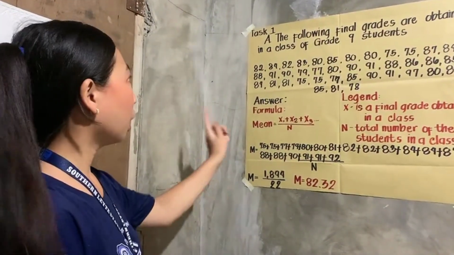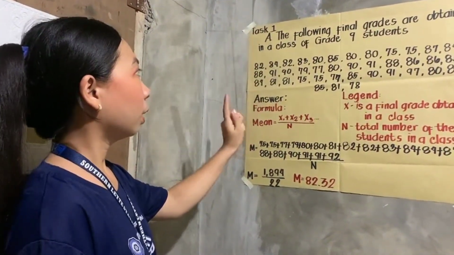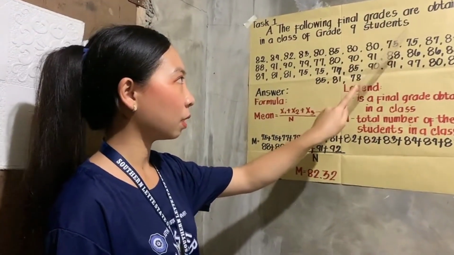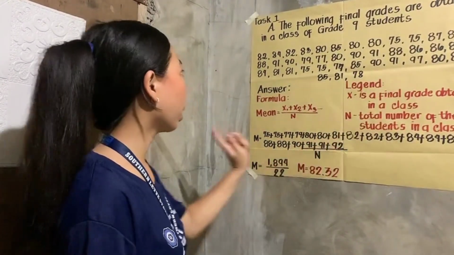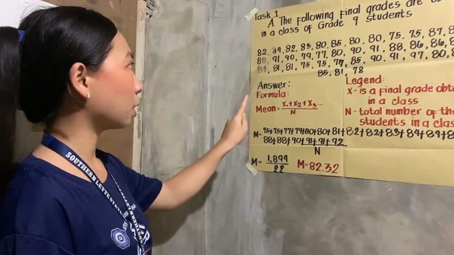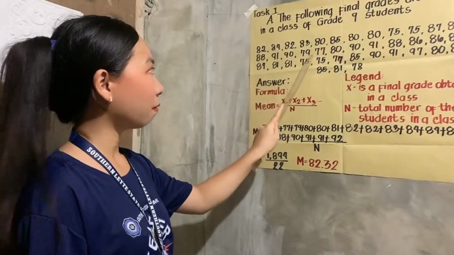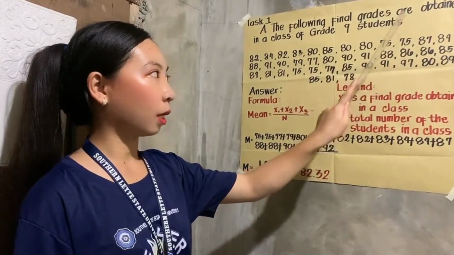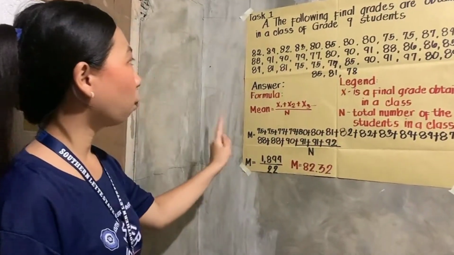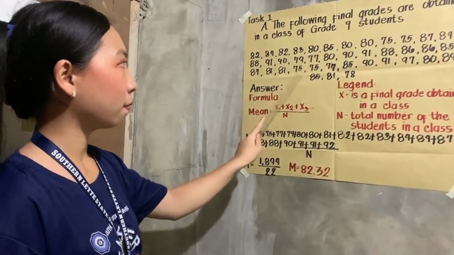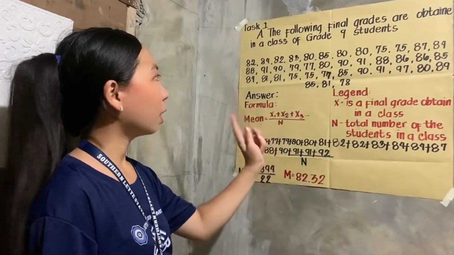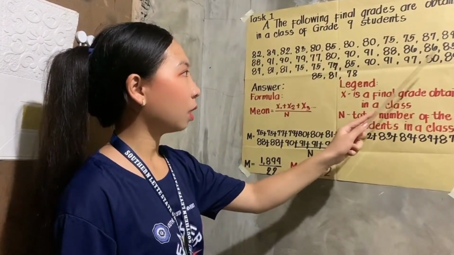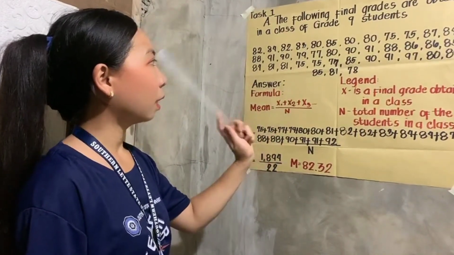It contains 82, 84, 82, 83, 80, 85, 80, 80, 75, 75, 87, 84, 88, 91, 90, 79, 77, 80, 90, 91, 88, 86, 86, 85, 84, 81, 81, 75, 75, 77, 85, 90, 91, 97, 80, 89, 85, 81,